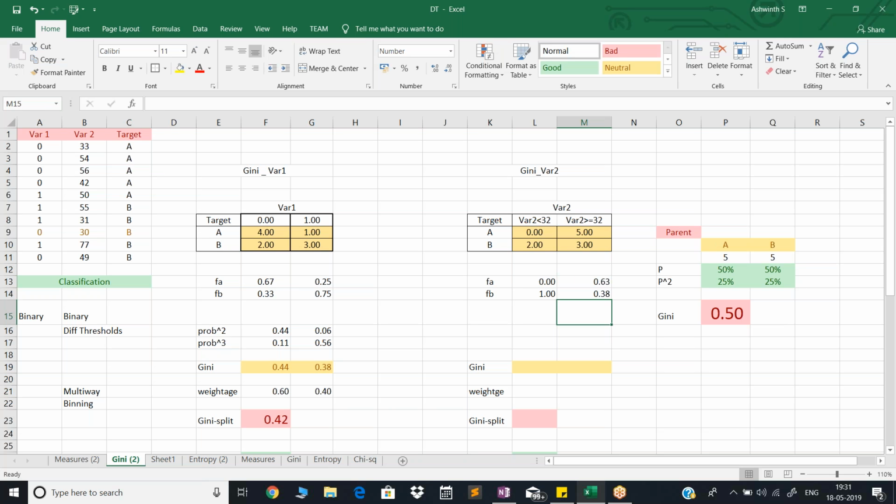It will give me probabilities. But we are not interested in probabilities. We basically need the square of those, correct? So hence we are going to say, hey, this guy needs to be squared. The other guy also needs to be squared. The bottom guy also needs to be squared. So we have got the squares of them. Now Gini at this node we need to find. How to do it? 1 minus summation of